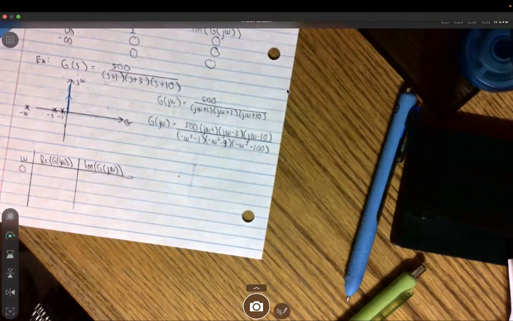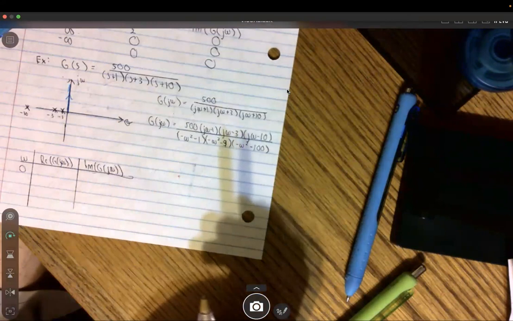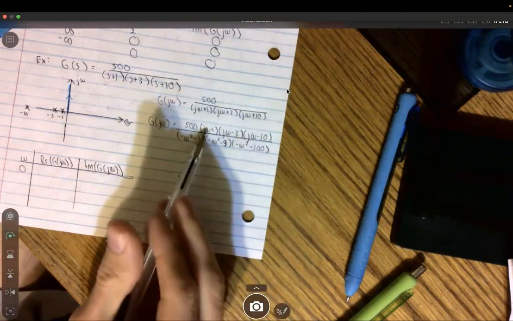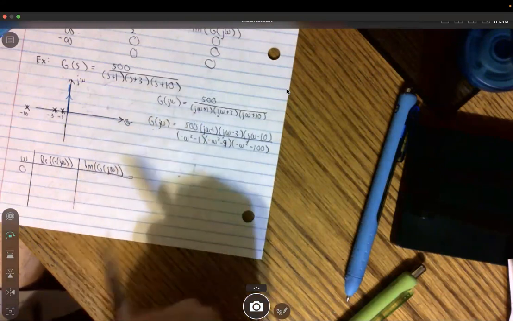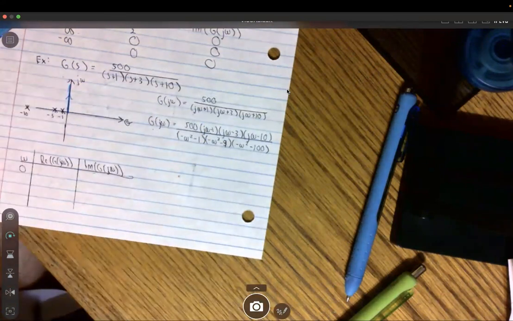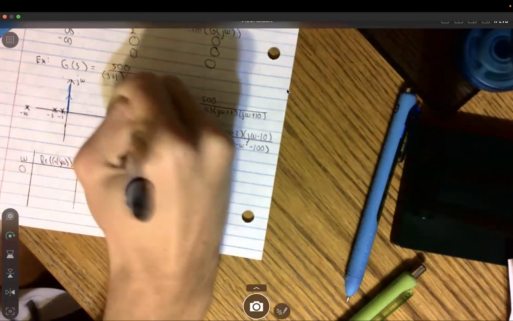Okay. Now that we have that, what we're going to do is with this, we need to separate it. So we need to multiply it out in the numerator in order to get the j terms all together, in order to separate the real part from the imaginary part. And so in order to separate the real part from the imaginary part, we're going to get G(jω) is equal to,